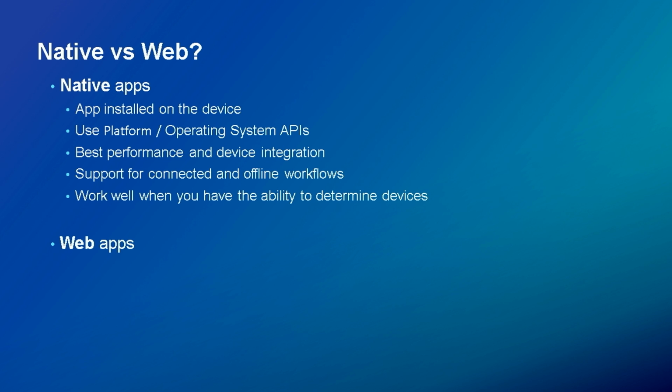Of course, oftentimes it works well when you know what devices you're targeting. So if you're within an enterprise and you know the devices that are being delivered to your customers, oftentimes you can target and you can optimize your development effort to make sure that you're taking full advantage of those resources, which is key. Of course, ArcGIS Runtime SDKs, what we're covering in this session, are going to target these native developer experiences. And the Runtime SDKs that we're looking at here actually will target one or many platforms. Obviously, many platforms, cross-platform, being able to take advantage of a single development environment, shared code as much as possible,